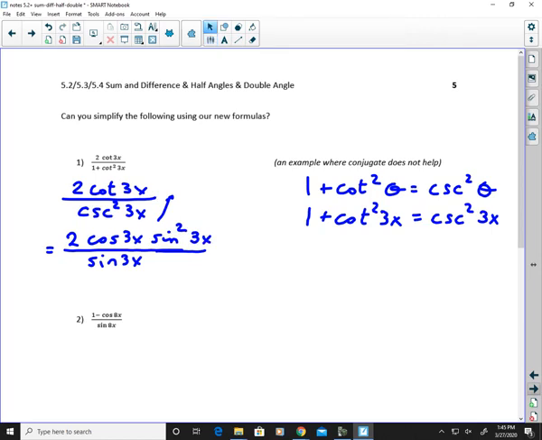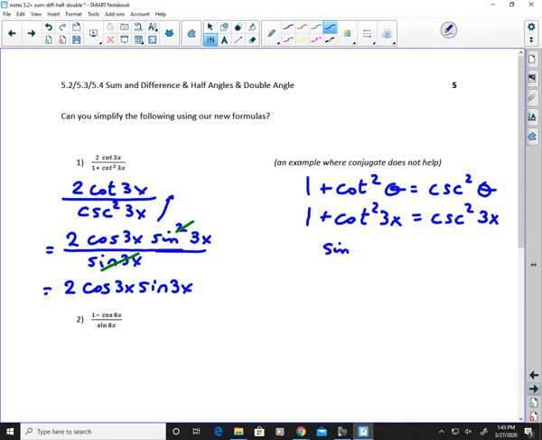Look at every stage of the game, you look for canceling. So we are looking at a formula that looks like 2 cosine 3x sine 3x. On the formula sheet that you received today, that looks a lot like a sine 2a. The order is different, but the